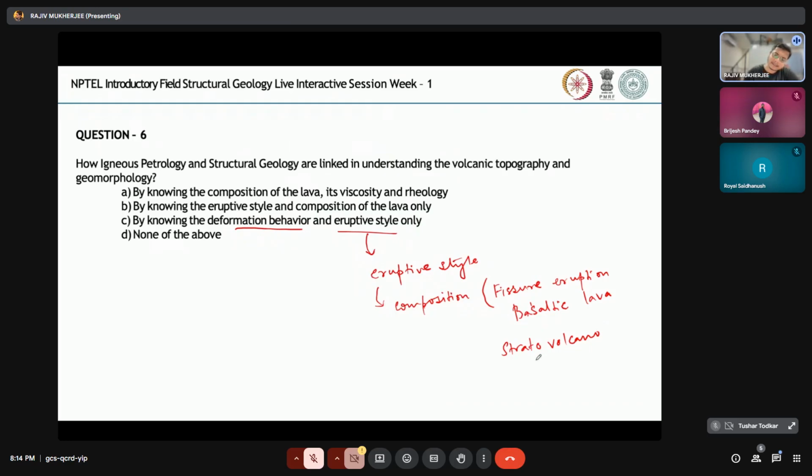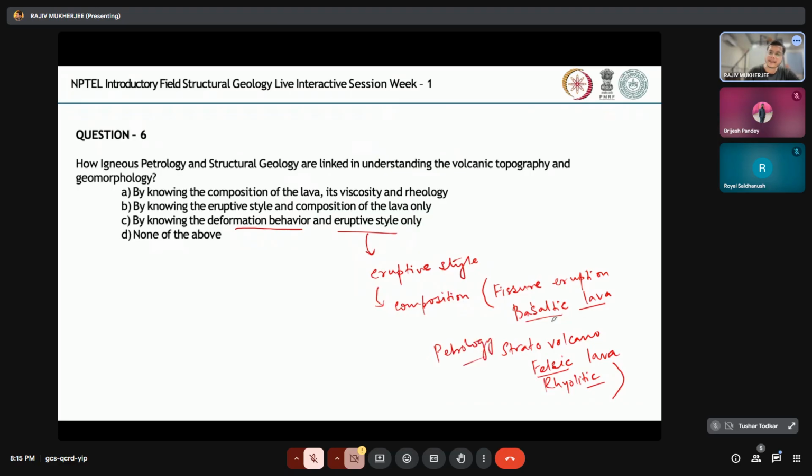That takes place generally for felsic lavas or rhyolitic lava. So then the eruptive style can be related to the composition. That means it is the petrology of the lava,